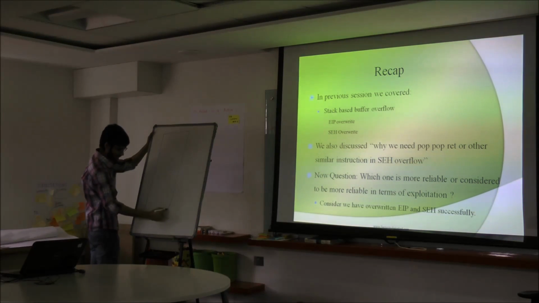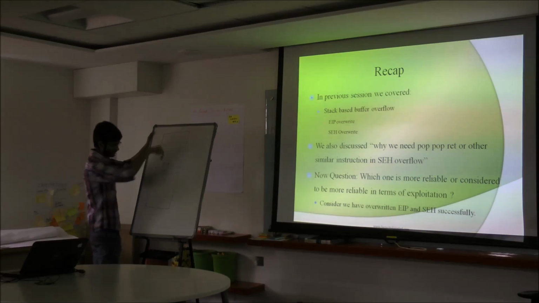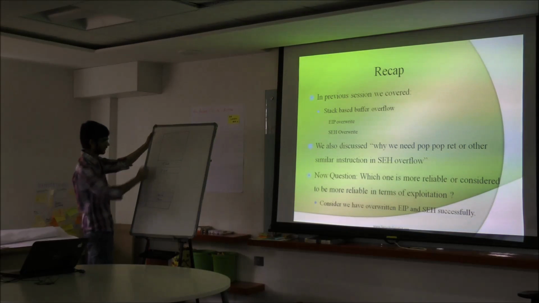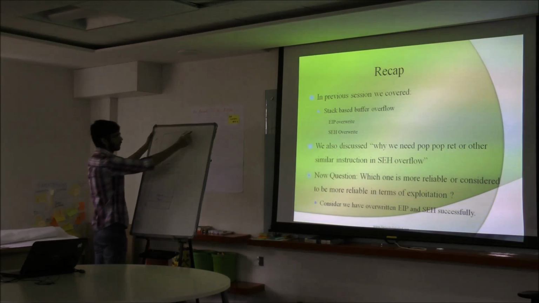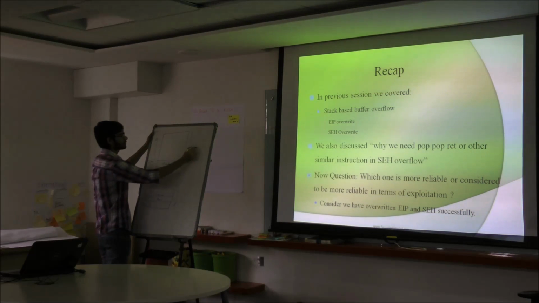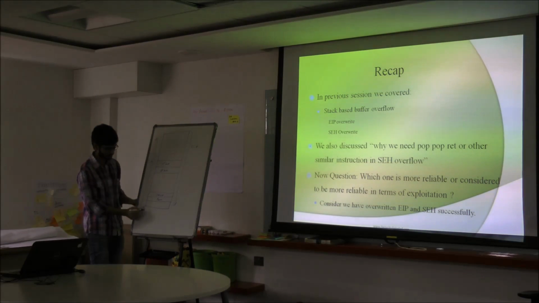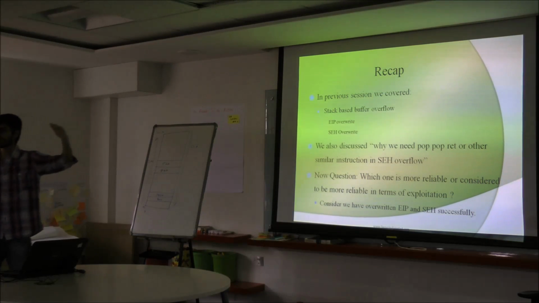Last time I created this type of diagram, in which I said this is our EBP and this is our return address. This is a stack, and somewhere down here is our pointer to the next stack frame. Now the stack grows in this direction, and the overflow comes in this direction. It means we have the higher address here and the lower address here, because the stack grows downward, from higher memory addresses to lower memory addresses.